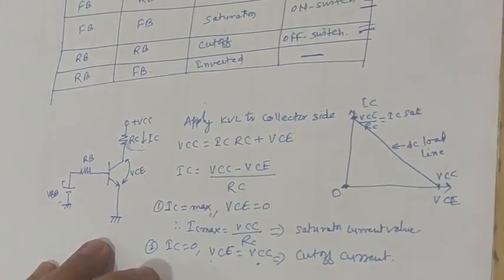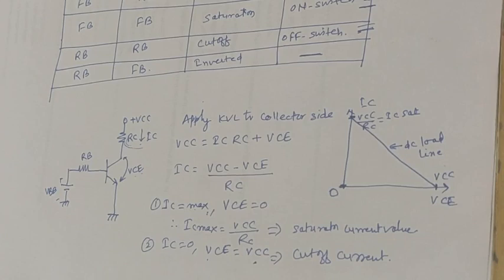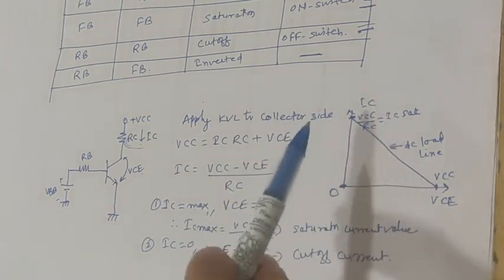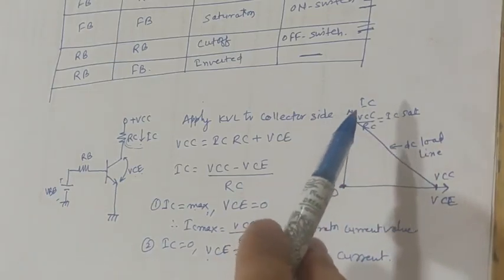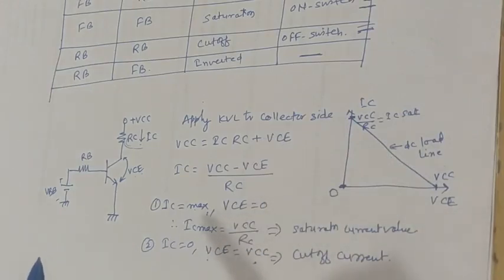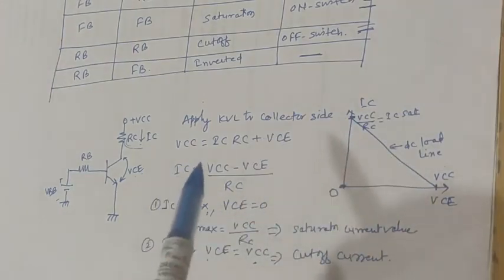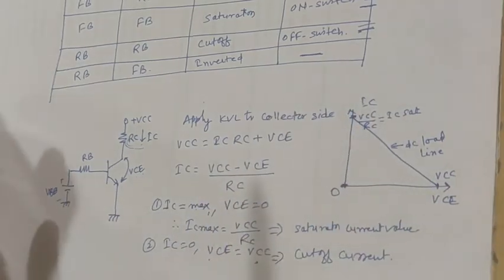Okay. Now why have I drawn it? Because from the DC load line we can calculate the operating point, and the operating point is very important, because if you want the idealized result for the transistor, you need to operate your transistor at the Q point or quiescent point or the operating point. Okay. So we have got these two points now, and if your transistor is operating in the cutoff region or in the saturation region, the transistor will act as a switch. In the saturation region, of course, it will act as an on switch, and in the cutoff region it will act as an off switch.